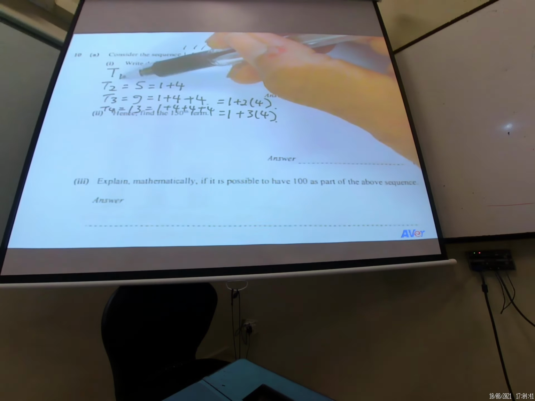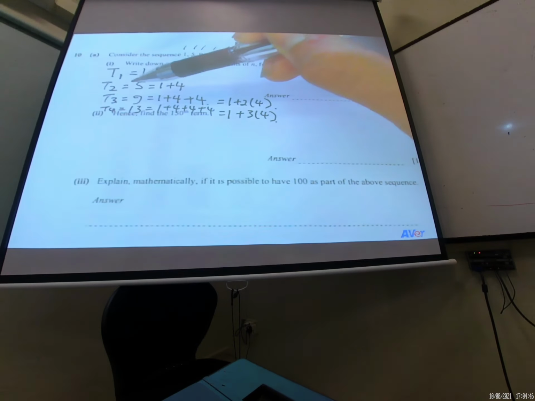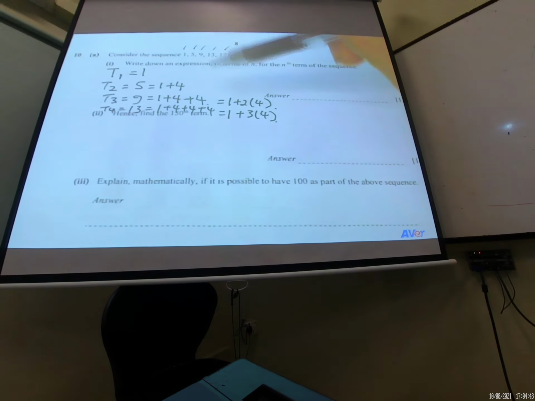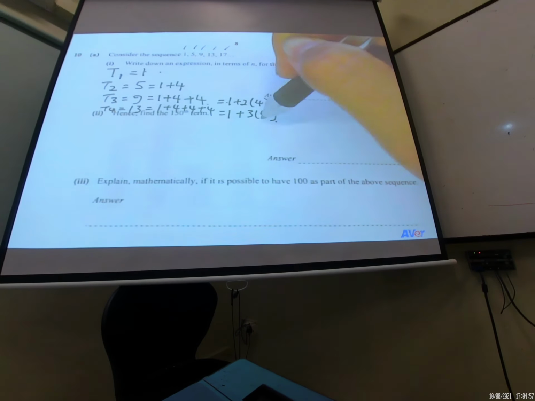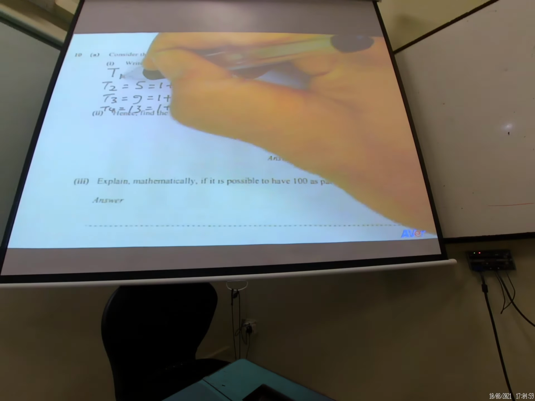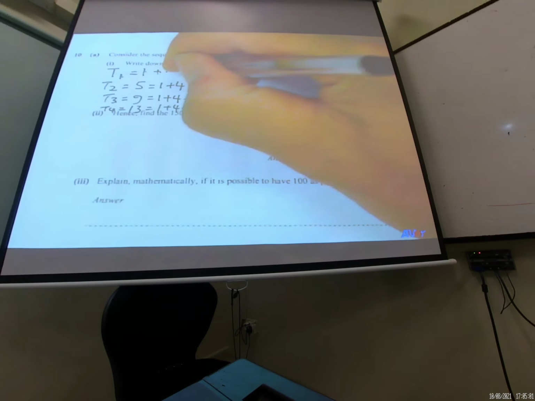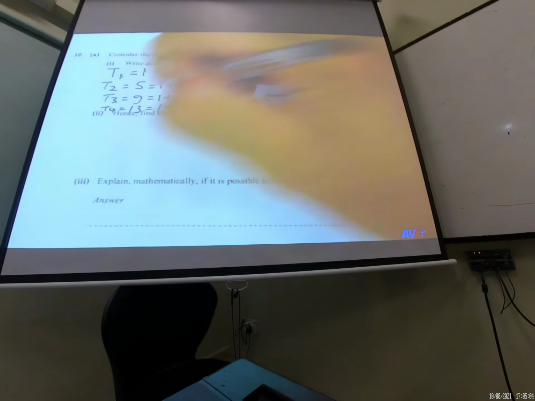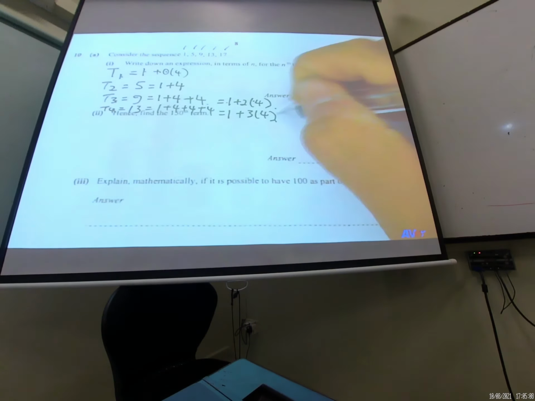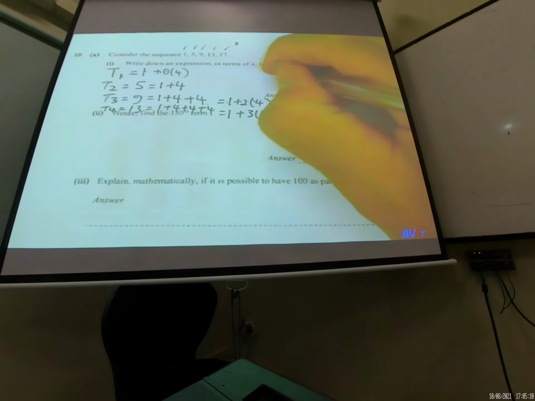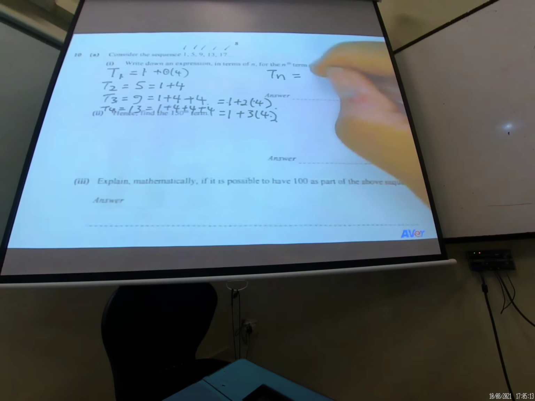So here the term number on the left hand side is increasing 1, 2, 3. And on the right hand side, we also have this increasing number come out already. 1 plus 0 times 4, 1 plus 1 times 4, 1 plus 2 times 4, 1 plus 3 times 4. When here is 1, here is 0. When here is 2, here is 1 times 4. When here is 3, here is 2 times 4. When here is 4, here is 3 times 4. Meaning, if I have n, I will have 1 plus